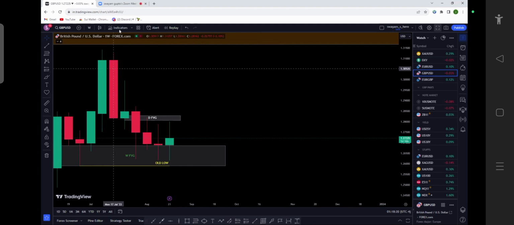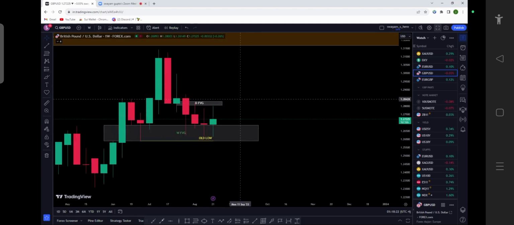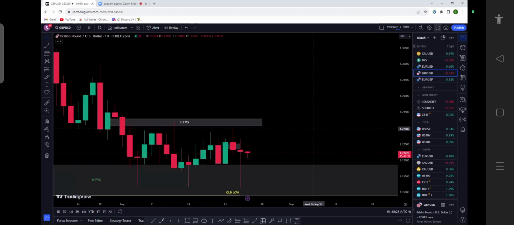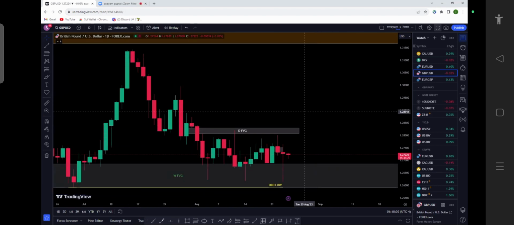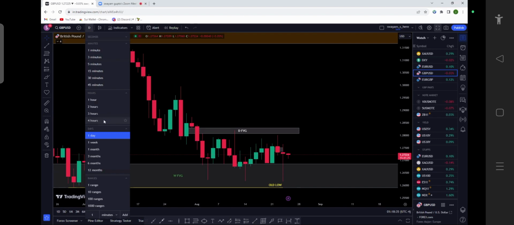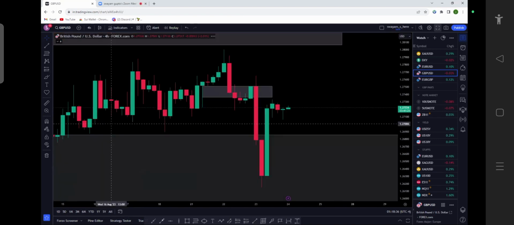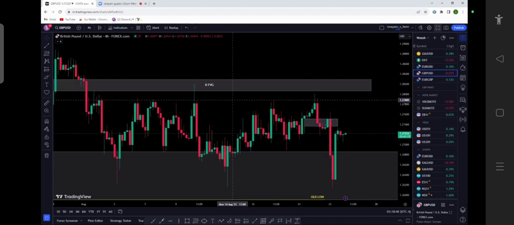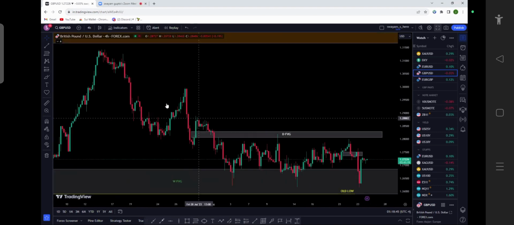Also, this market is in a consolidation market. Also, the fair value gap in the weekly is being respected, and you can see how choppy this price action is. 4 hour. Well, this market is in consolidation, but I do think that this market is going to rally and take out all the highs,